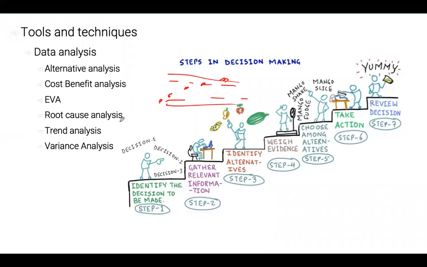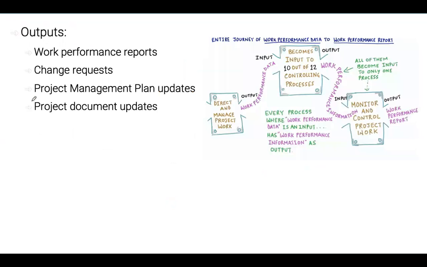And variance analysis will be carried out to look for the differences against plan in this particular case. And there is a strong correlation between earned value and the variance analysis that might be required. Each of those techniques, you could spend a week talking about them, but we don't really have time for it. So continuing on, outputs: work performance reports, change requests, updates to management plan, and project document